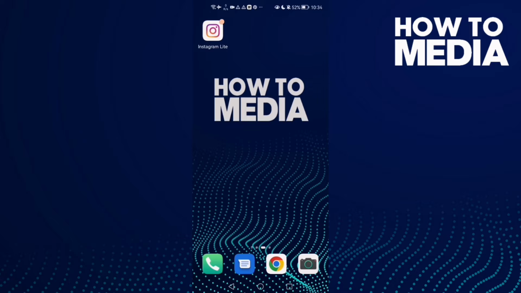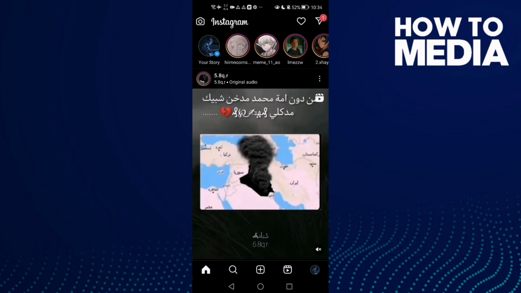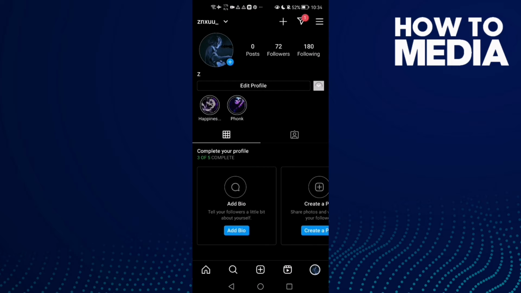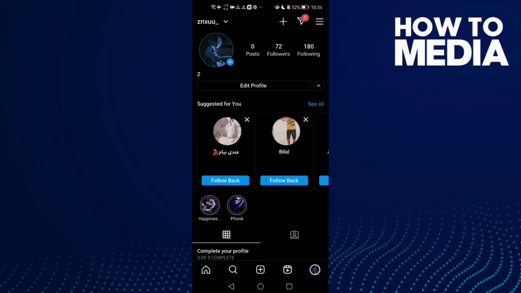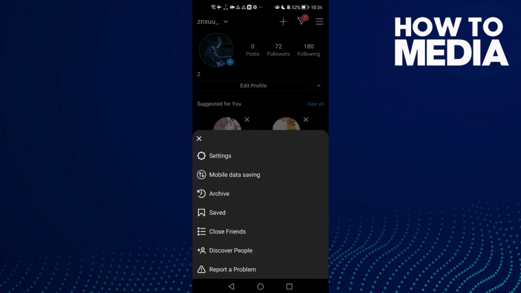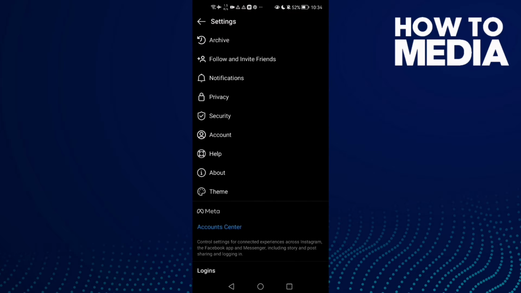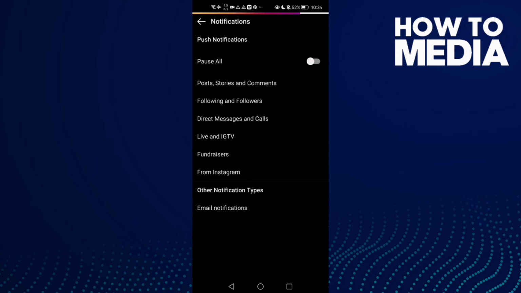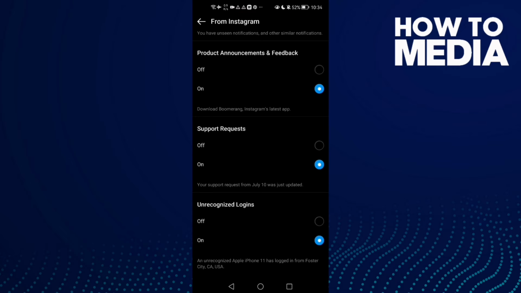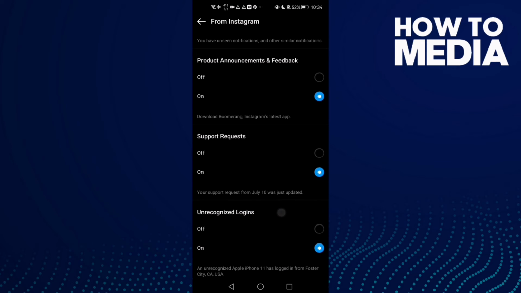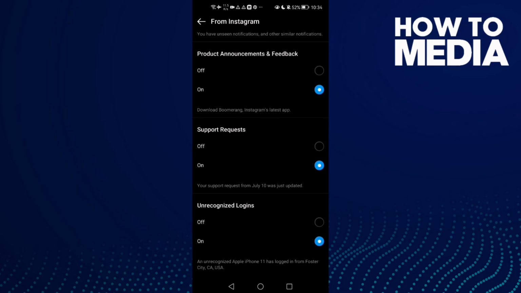First, open Instagram Lite and now click on your profile, and then click these three lines in the top corner, and now Settings, Notifications, and here we'll find it from Instagram. Click on it and scroll down until you find unrecognized logins, and if you want to turn it off, just select the first one, and you can turn it on again just by selecting this one here,